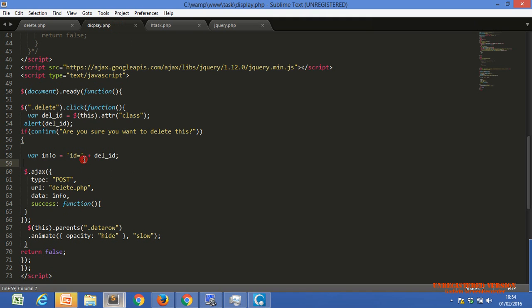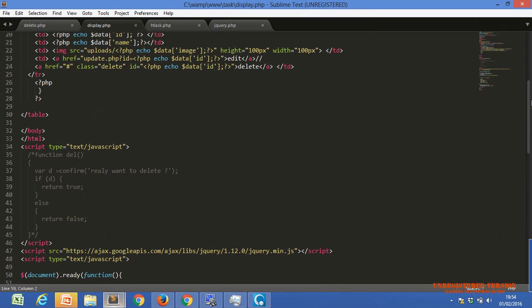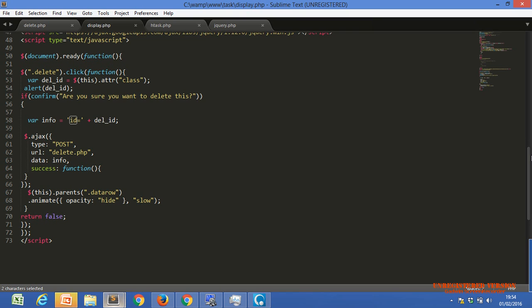Okay. Now, that's why we save our dynamic ID into the ID value of our anchor tag. That's why I save the dynamic ID into an ID attribute, and we are getting that ID using the attr function.